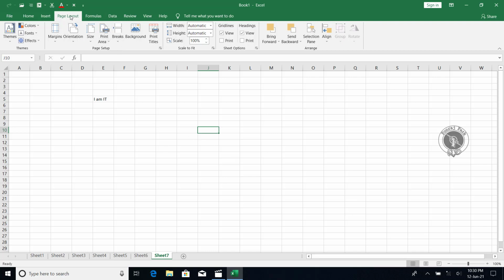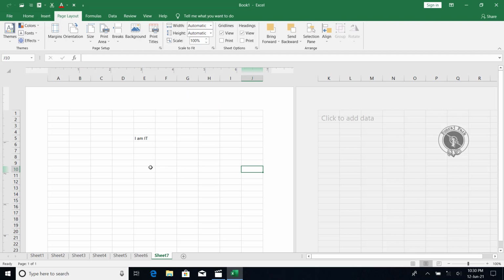In that tab we will discuss in more detail what this page layout section is. Normally, from the name itself, you can say page layout: how the page is going to print, and how much place you have in your page to write, or how it will look while printing. You can see that over here in this page layout. If I click over here, you can see how much working area there is.